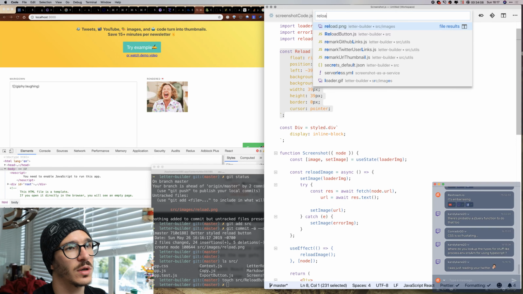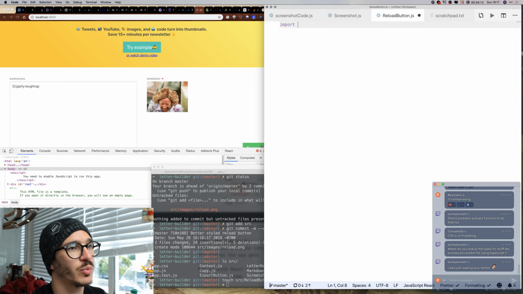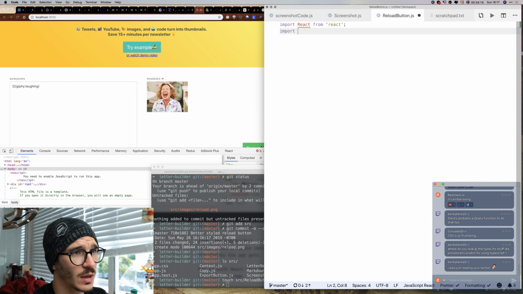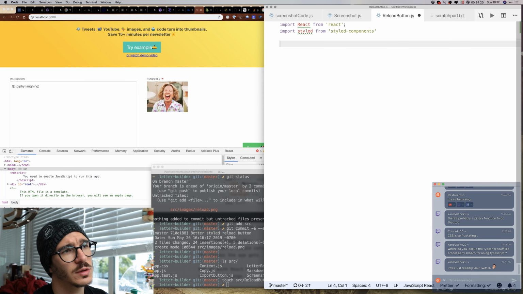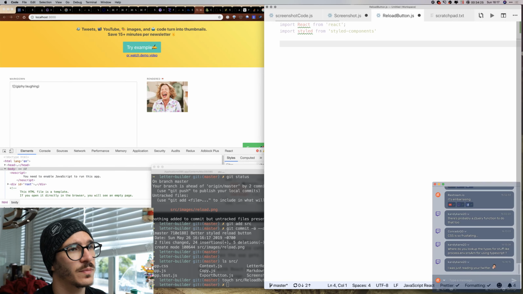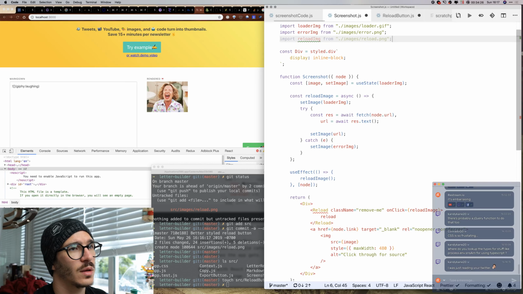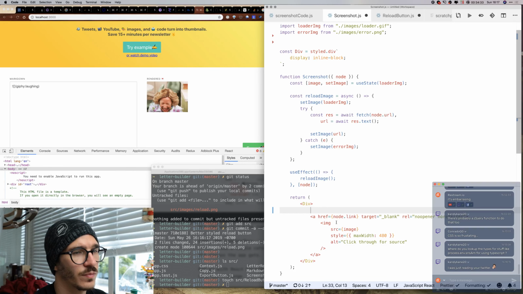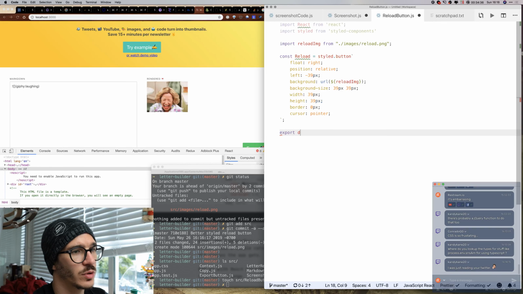We change to React mode, import React from React, import styled from styled components, and we take the reload thingy, we take the reload image, and we export default this thing. So export default,